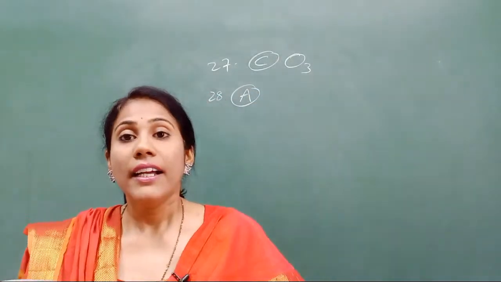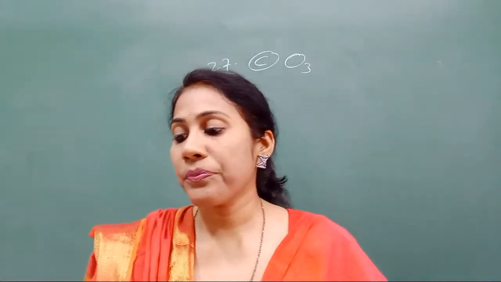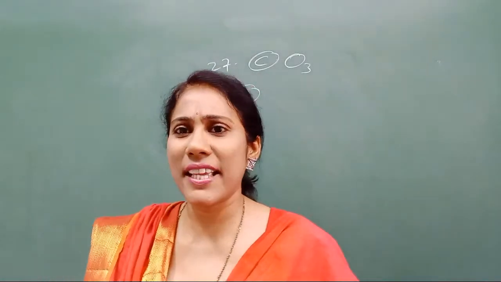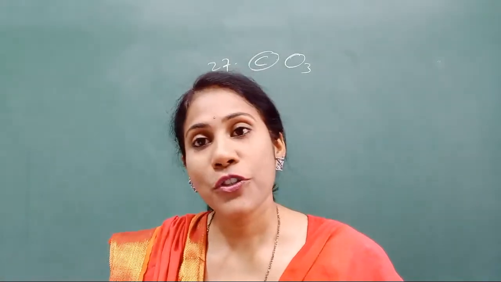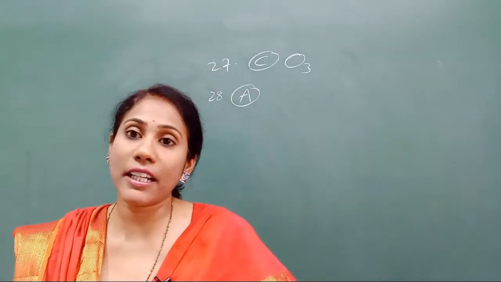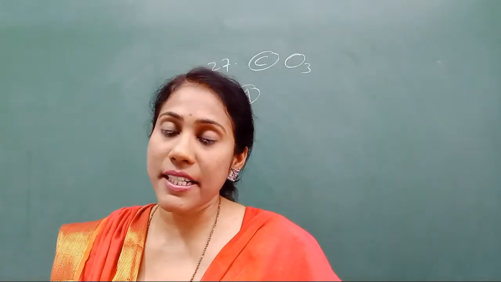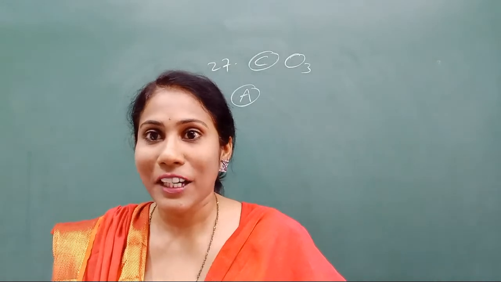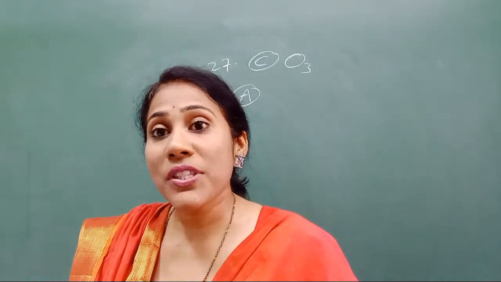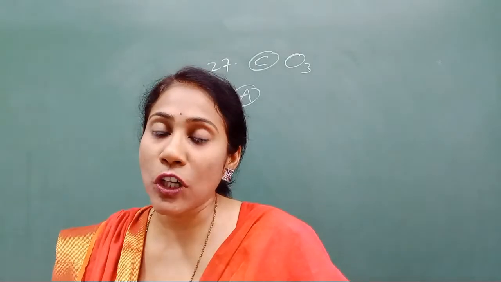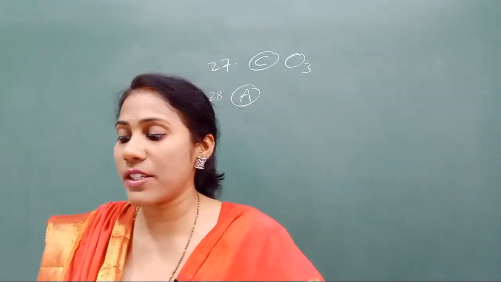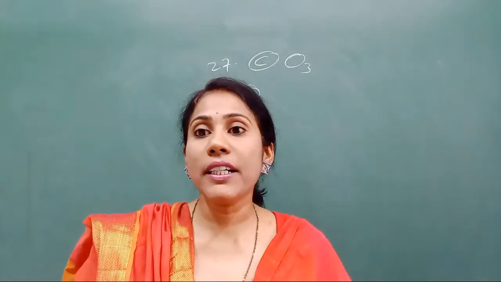Okay, fine. And coming to the 29th question, what is the role of decomposers in the ecosystem? The same question was there in the preparatory also, right? So decomposers actually break down complex organic substances into simple ones. They help in cleaning the environment, right? What is their role? Decomposers help in cleaning the environment by decomposing organic waste. Okay, so that is your answer. And coming to the 30th question,